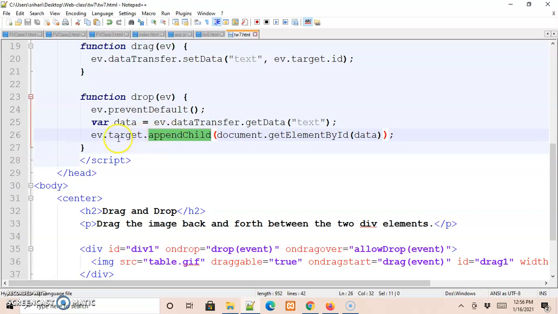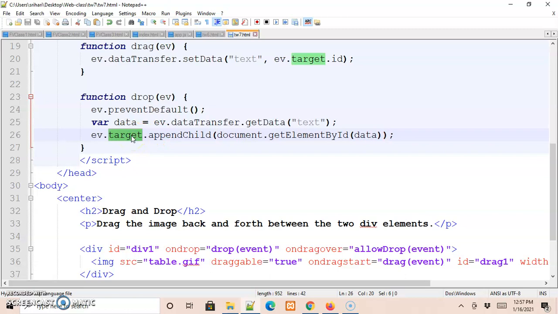Okay, so ev.target.appendChild, in that we are passing this value, that is document.getElementById(data). So this data is nothing but the dragged data, and we are trying to get the HTML element where it needs to be dropped with the help of this document.getElementById, and then we will append it wherever it is targeted.